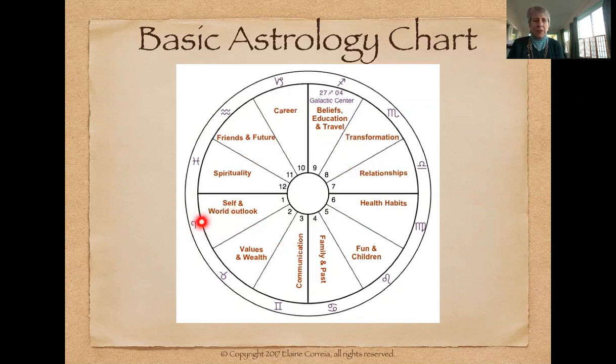For example, the first house is related to Aries, and it's about initiation and beginnings, and Aries is related to the planet Mars. So there are three things to look for in your astrology chart. One is where your planets are located, the houses they're in, because there's a theme that goes with the house, and what sign they're located in, because there are themes that go with the signs, and also